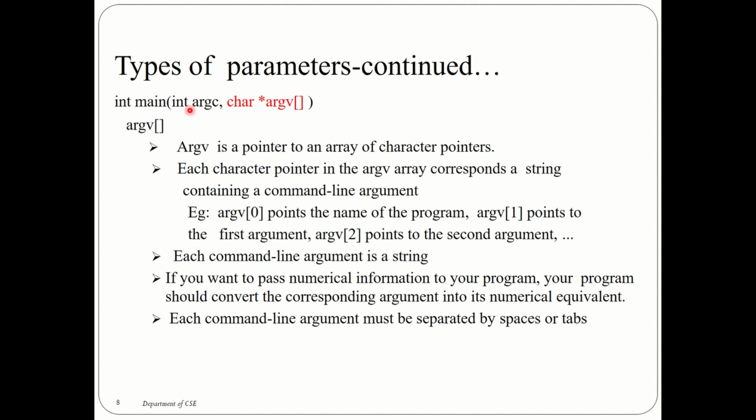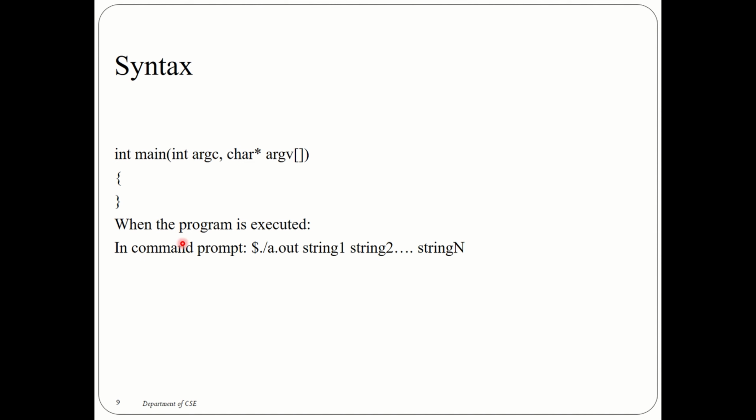So you have two parameters, one is argc and the second one is argv. Always understand that in argv each and every position is again a pointer which points to what? To a character array, an array of characters. So this is the simplest example which you could ever see. When the program is executed, say I am giving ./a.out string1 string2, all these things will be taken as strings. That is the one which you have to understand. This is kind of the syntax.